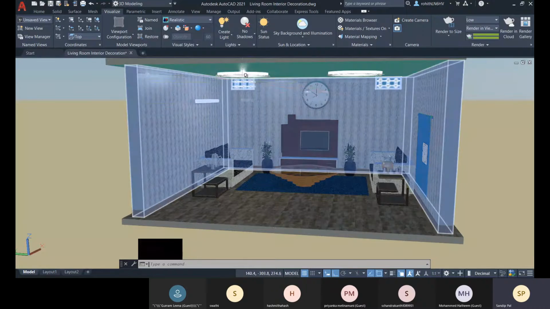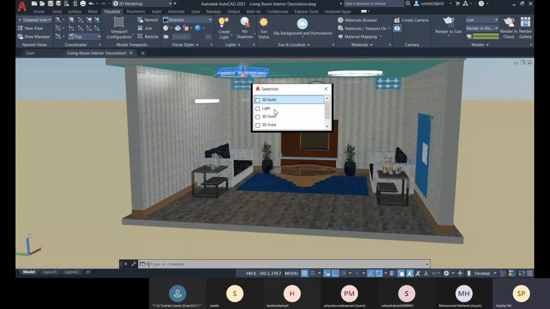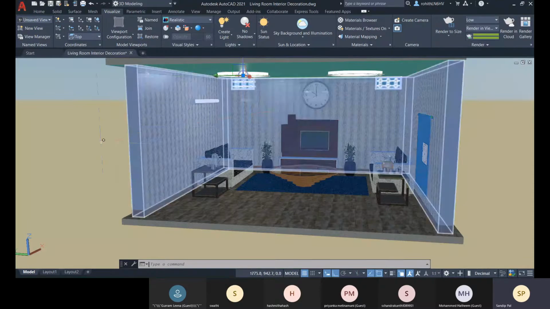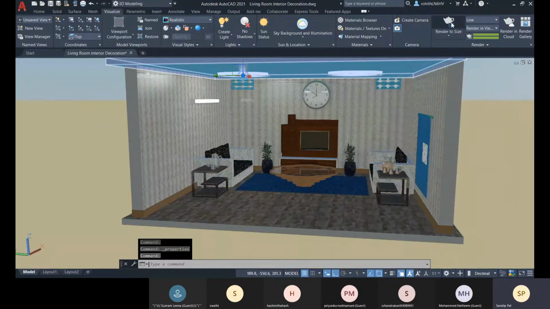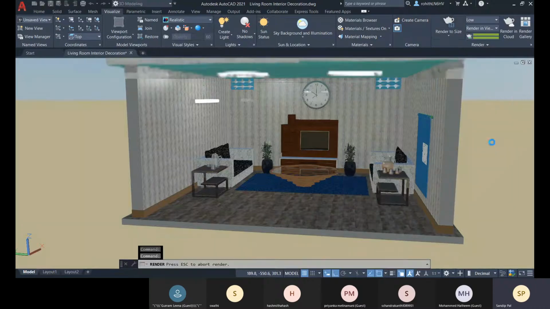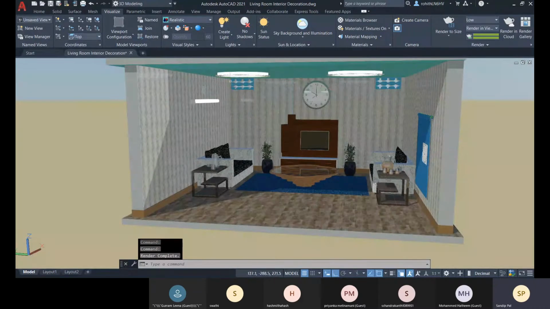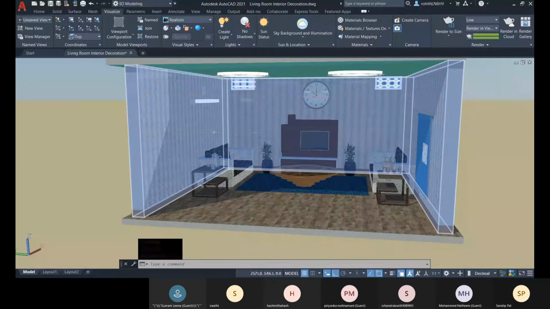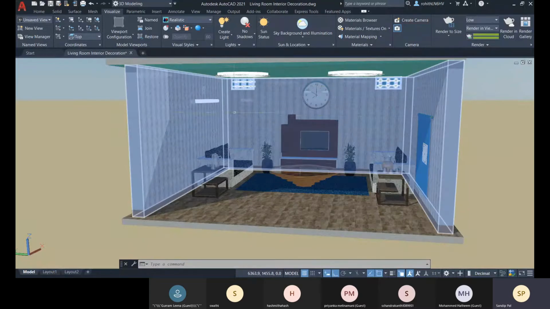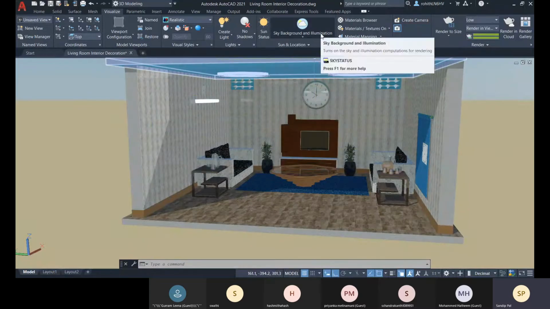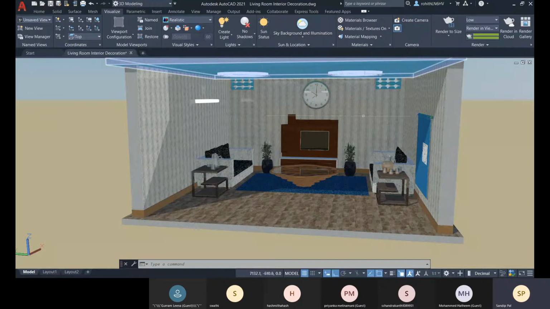Now what you can do is, if you select this light and go for Control 1, the properties, here you have this off option. Let me close it now and go for the rendering again. So even without a light, the light you are having is because of this sky background and illumination, this sky background illuminating the light.